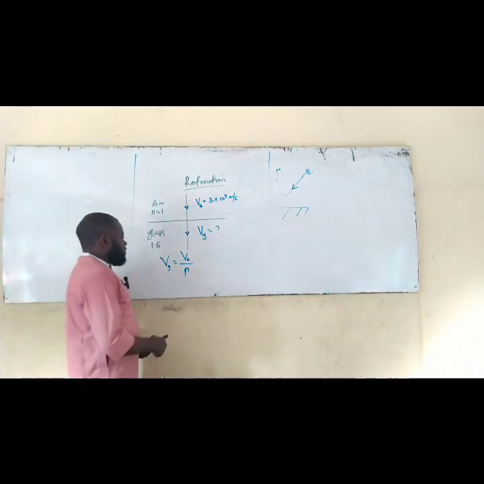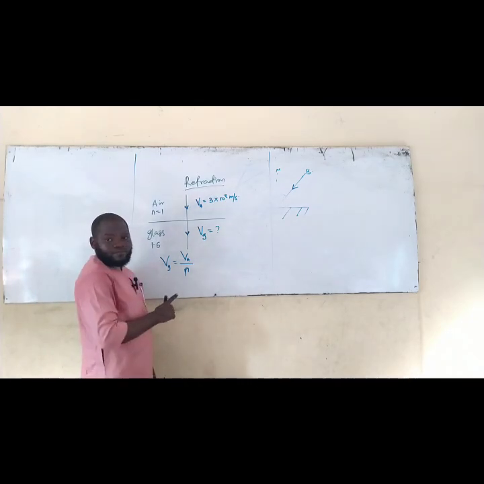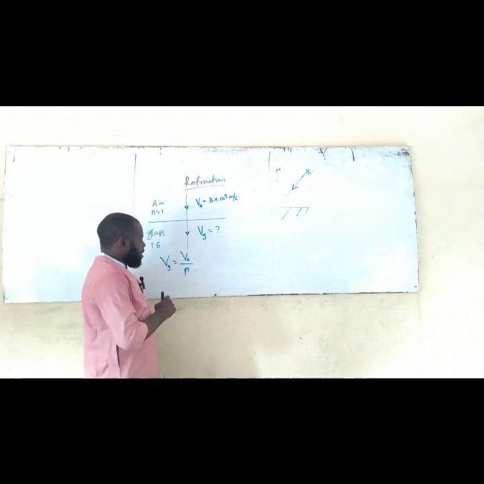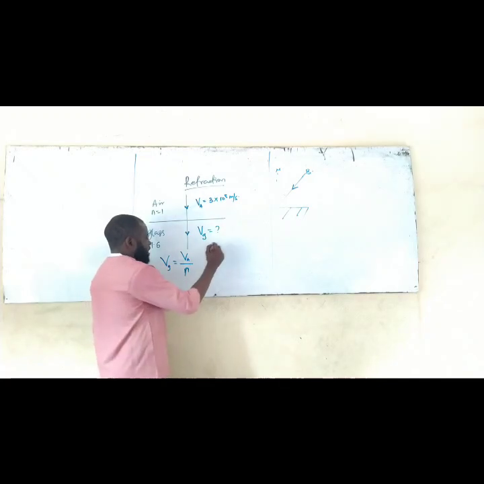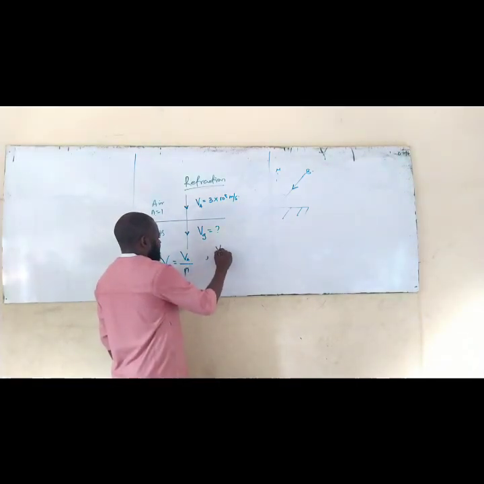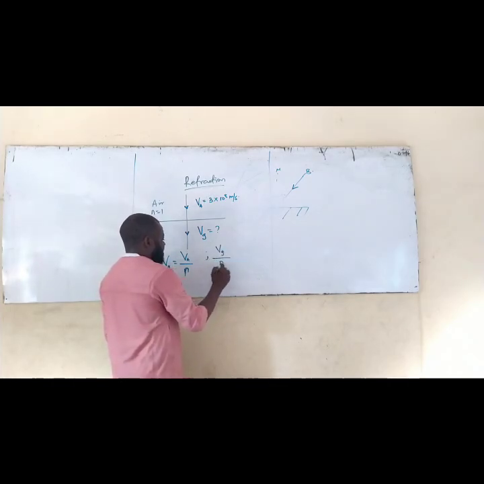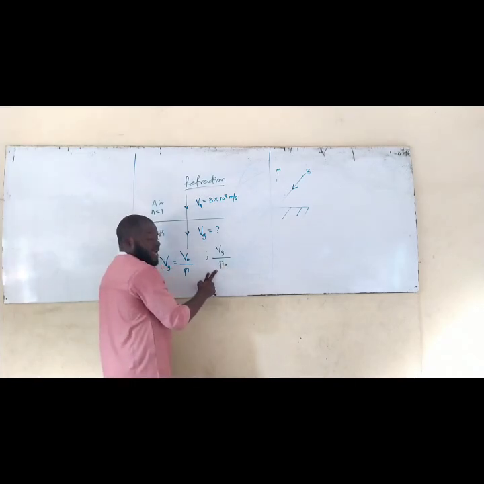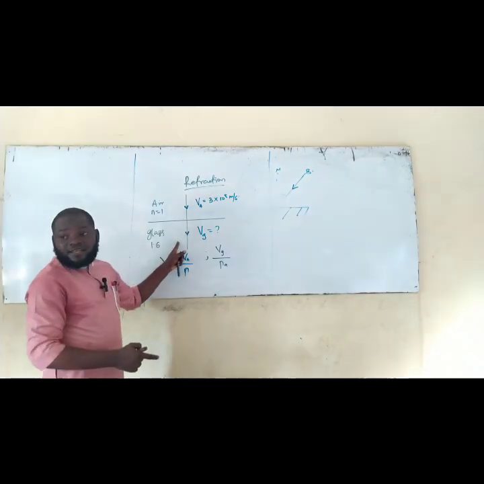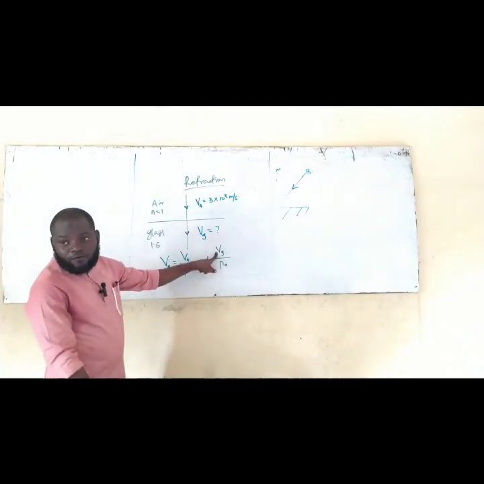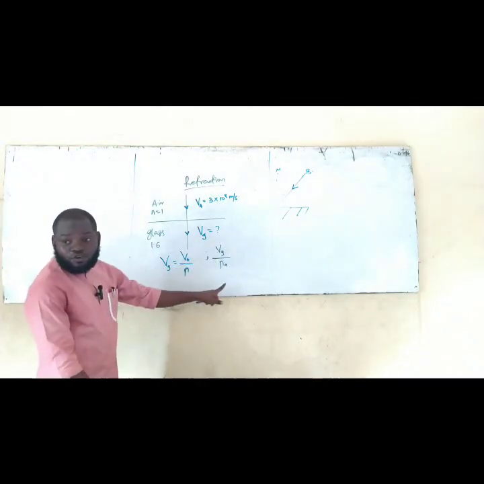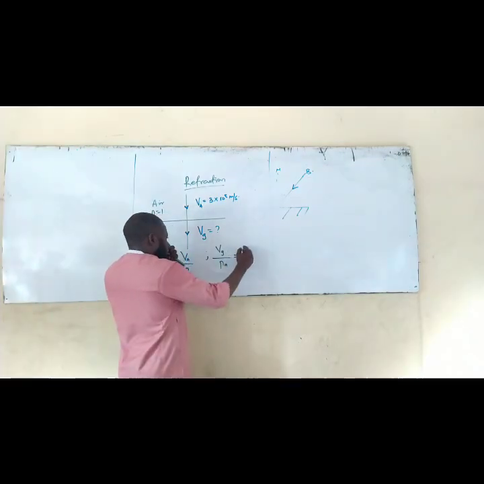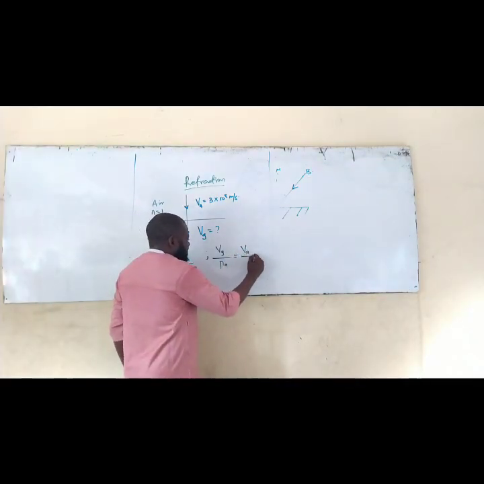Okay, so now there's a problem here. Listen, there is a problem. What is the problem? If you have VA over N, let me just give you directly. If I have the velocity of light in glass divided by the refractive index of air, you know, light is coming from air to the glass. So we have the velocity of light in glass divided by the refractive index of air, which is the medium where the light is coming from, equal to the velocity of light in air divided by the